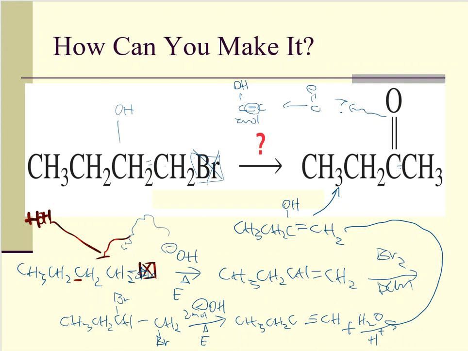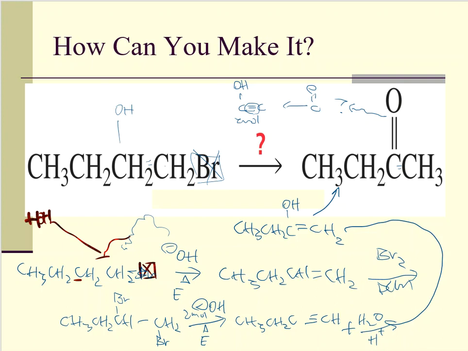And here's one of those examples, folks. So I'm going to take butyl bromide, and I'm going to react it with hydroxide in the presence of heat to promote an elimination reaction. That's then going to form 1-butene. 1-butene is then going to react with bromine and methylene chloride, and an addition reaction is going to happen onto the double bond. That double bond will break, and bromines are added on to those neighboring carbons, forming a